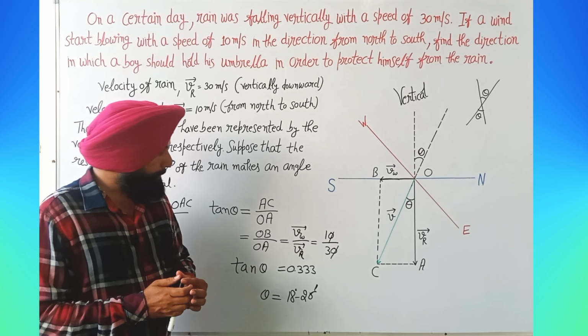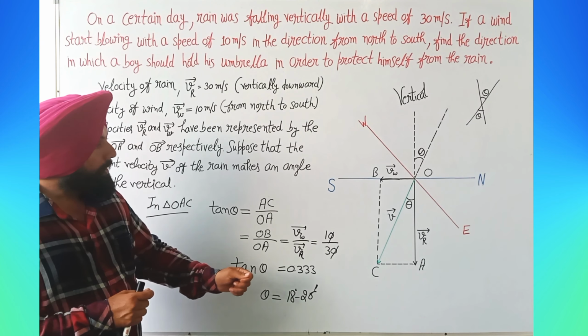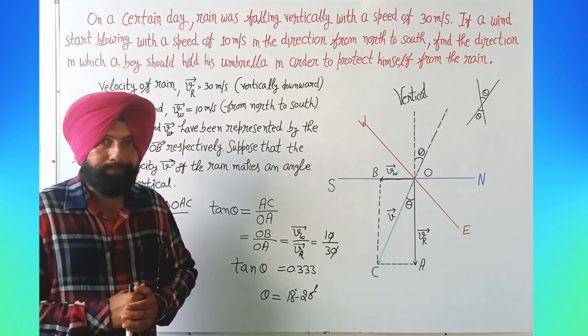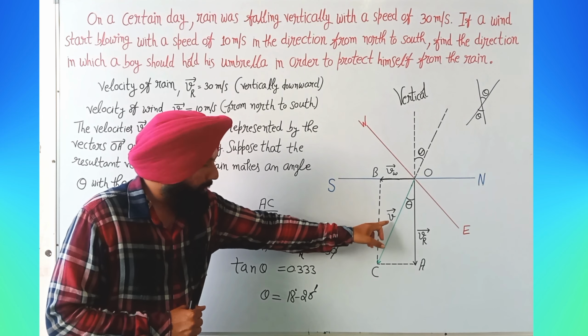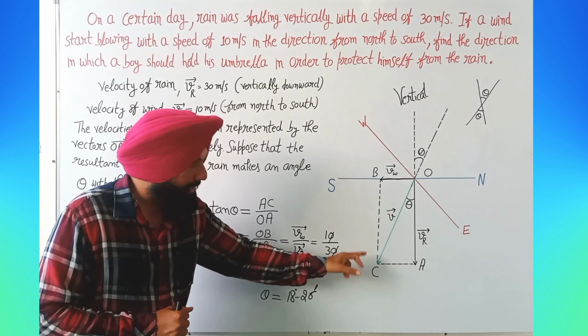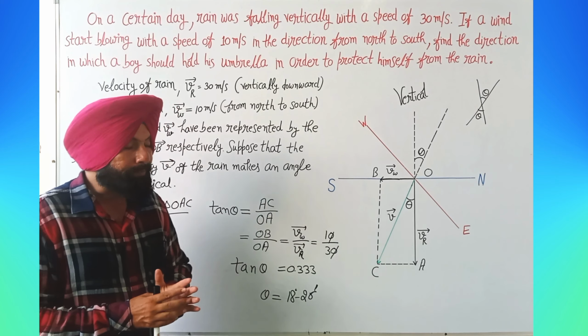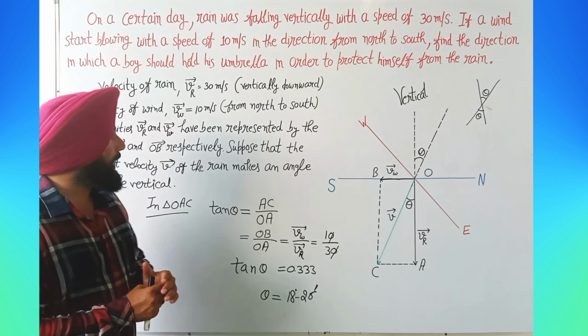Now students, we represent the resultant velocity of the rain making an angle theta